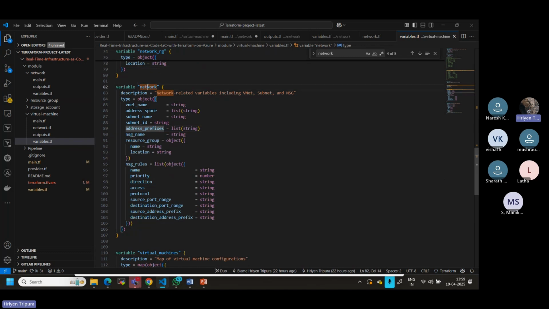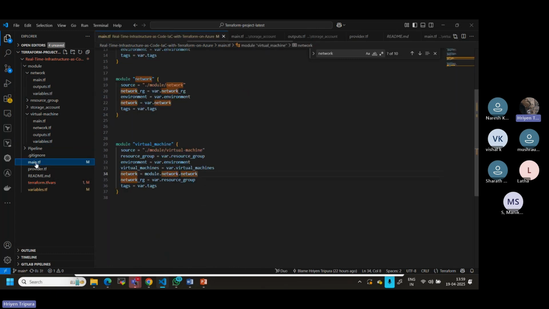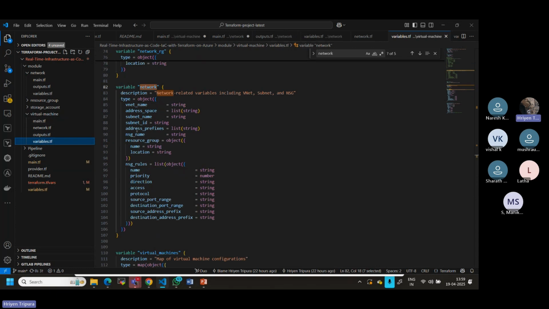Now whatever name you have given here, this is in the root module, because I want to use the network module. So if you see here network, this network name is coming from your variable. Which variable? This name is coming from, let me check, this variable is coming from here, in your VM module, where you gave this name. If you give the name as network something, let's say 1, then